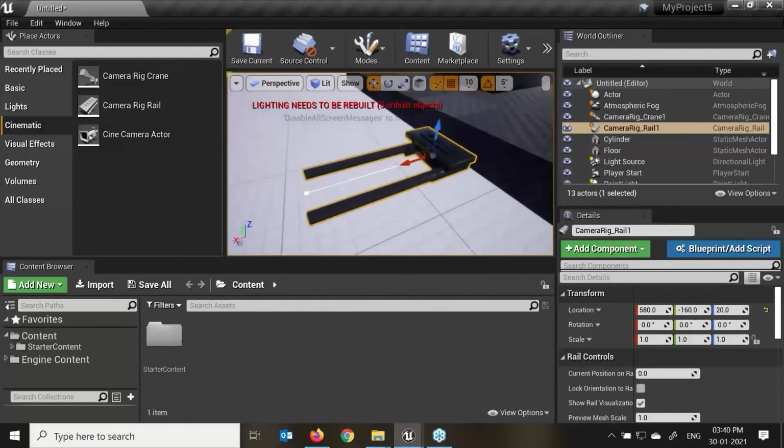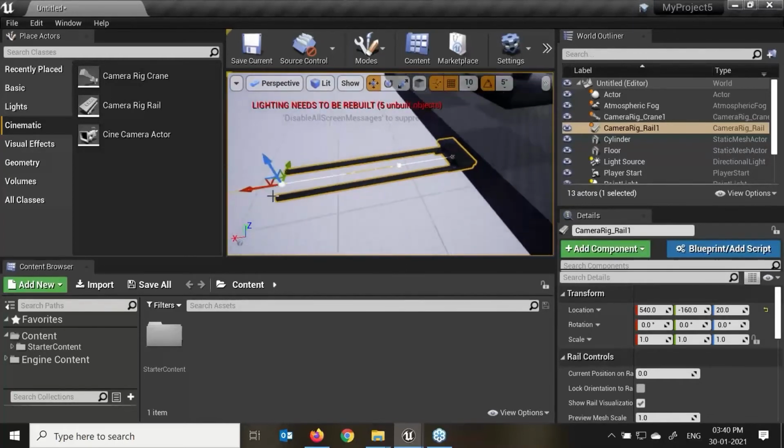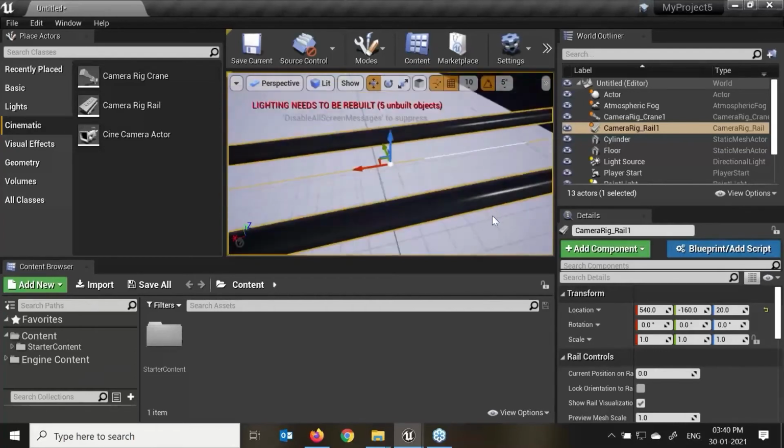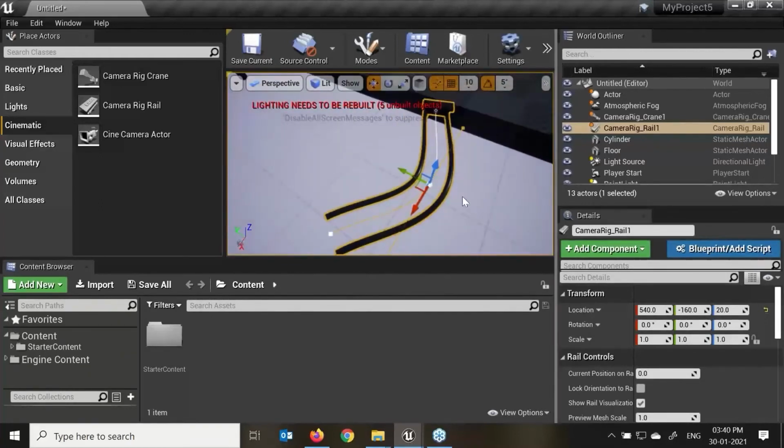Alt, add spline point over here. I'm creating one point over here. If I want to move, I just move this camera rig rail. Select this point. Again, how to add this spline? If I move it over here, I'll show you this when we are doing camera movement or camera animations for our object. It is simple, we only need to drag and drop our camera into this.